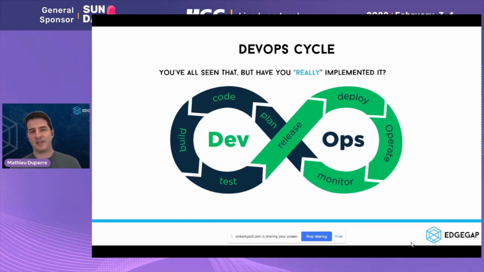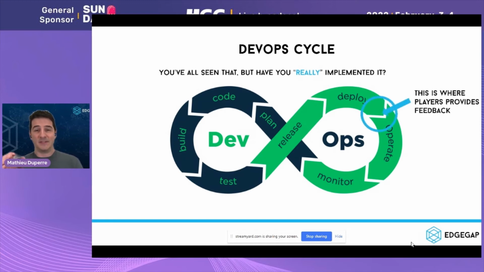This is not new. The DevOps cycle is all about getting the feedback, right? The DevOps cycle goes as follows. It starts in the middle with the plan. You're coding your game, you're making arts, putting all of these things together to build your game. You do some testing yourself, some QA, and then you release the game for people to enjoy, at which point it gets deployed in the wild, and you operate the game, you monitor what's going on, and what comes out of the monitoring gets fed back into the plan. So you can restart that loop.